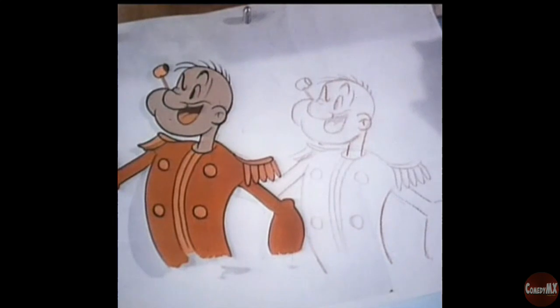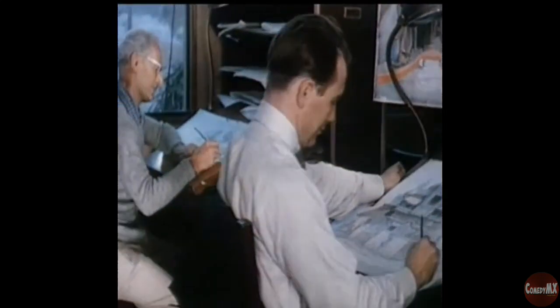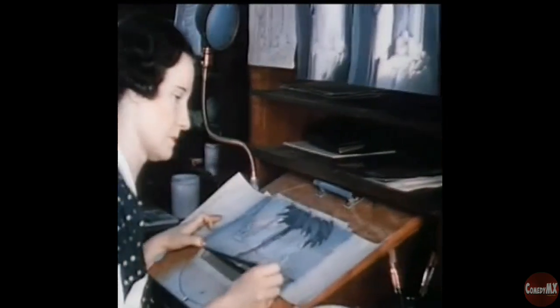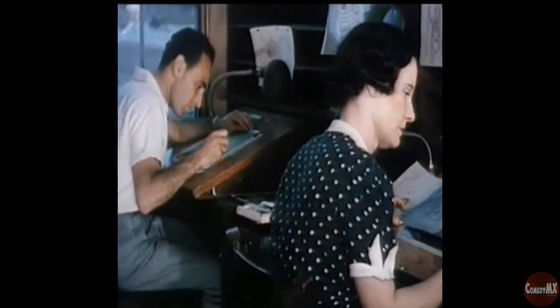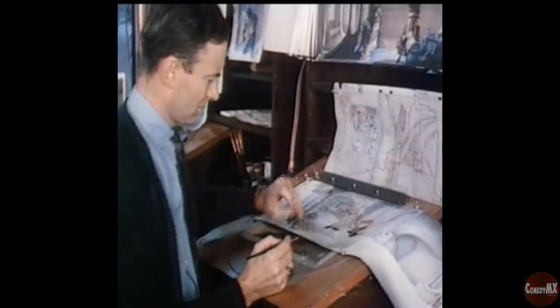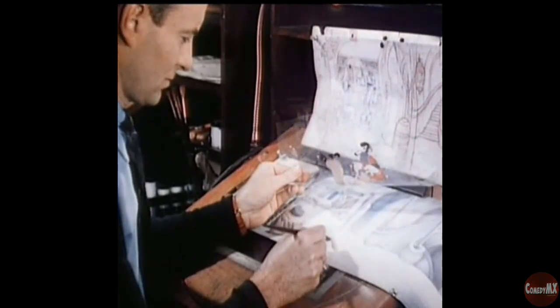Now the characters must be provided with a fitting environment. In this department, settings are designed and decorated by artists whose work is just as important and perhaps more complicated than figure animation. It also entails a similar degree of repetition. These artists supply landscapes, street scenes, buildings, exteriors and interiors, as well as furnishings. They must be adept at creating the illusions of wind-blown clouds, waving palm trees, rolling seas, moving vehicles, and other